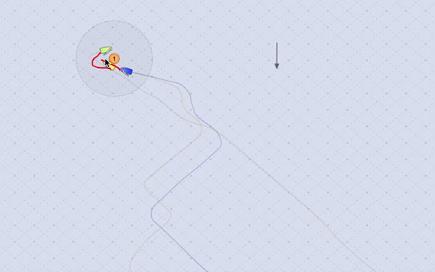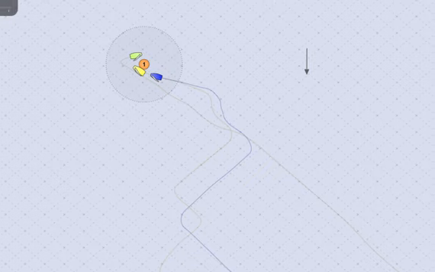So as soon as you approach the mark, it's very important that you pass the mark very close, very close to the mark, as close as you can. So the blue boat cannot say starboard, he doesn't have rights anymore under rule 10. Let's check it out. Very close to the mark,